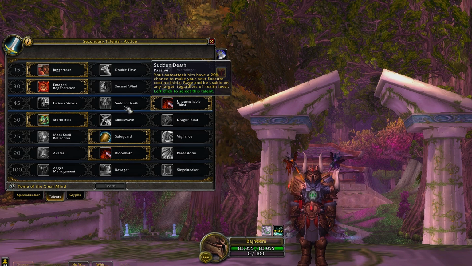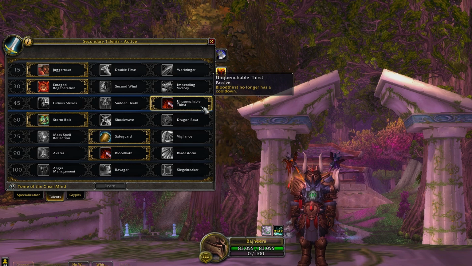But my favorite is still Unquenchable Thirst. It means that Bloodthirst no longer has a cooldown. This allows you to do a couple things. It's going to allow you to stay enraged, basically, because you have Bloodthirst without a cooldown. So you can use it often enough until you get that crit, and then you get enraged, which is going to give you a Raging Blow stack. And it's going to sometimes give you a chance to have 2 Wild Strikes for free. On top of that, it's also going to give you a good amount of healing